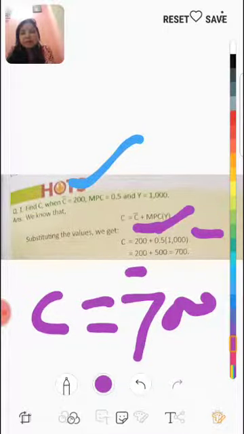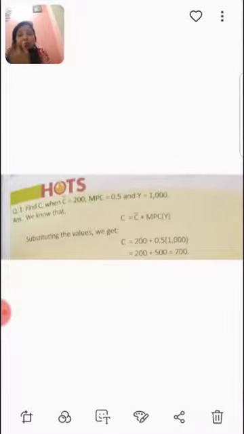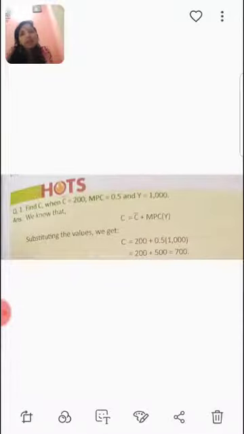And APC is the relation between total consumption and total income, and the formula is total consumption divided by total income. And the next is algebraic treatment. Algebraic treatment means how you will calculate C. So the simple formula is C bar plus BY. B means MPC here, and the numerical is C equals C bar plus MPC times Y, as we discussed. C bar is minimum consumption, which is already given, MPC is given, Y is given. You have to fill all the entries in the given formula, and simply you can calculate C.